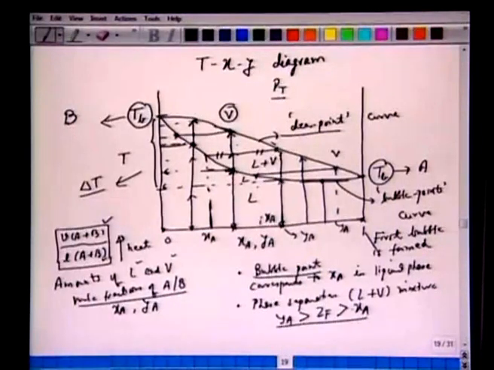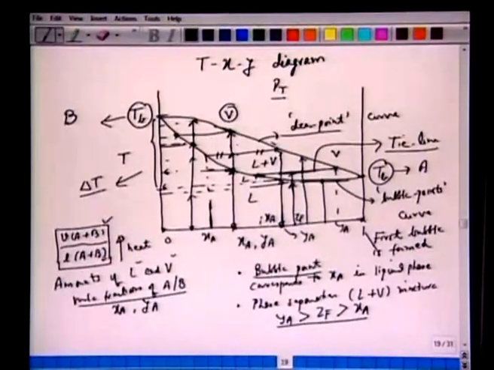So let's see what we're trying to say. Suppose we start with a certain mole fraction here. Okay, so this we call ZF. We start with a feed composition of ZF mole fraction, say 60% of A, and we start heating it. First we will reach a bubble point. So this is the temperature at which the first bubble will be formed. We further heat it. Now there is a separation, L plus V here. We call this a tie line. Now there is liquid and vapor formed. The vapor phase composition is given by this Ya, and the liquid phase composition will be given by Xa.